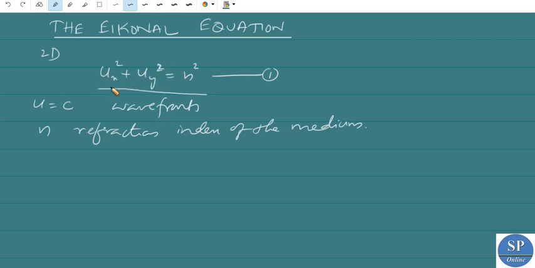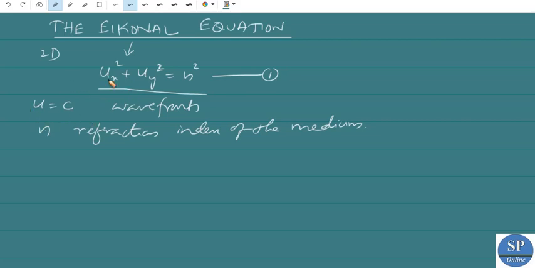Actually, this is a non-linear PDE because the power of ux is 2 and the power of uy is also 2. We have another method, an extension of the characteristic method, to find the solution of nonlinear PDEs. But here we are just applying the previous method, the characteristic method for first order quasi-linear PDE only. This is the special case. We are solving this eikonal equation by using the characteristic equation as before.